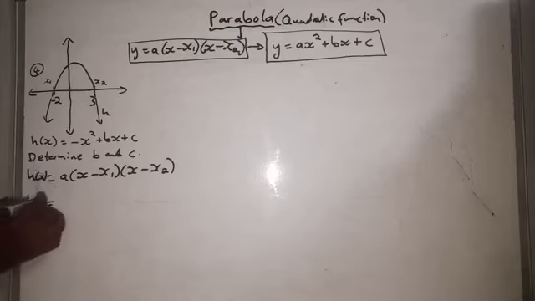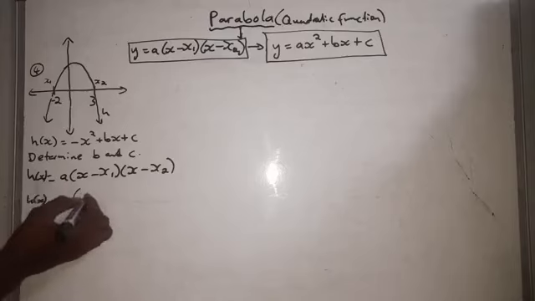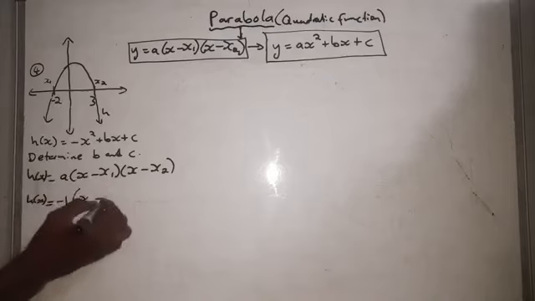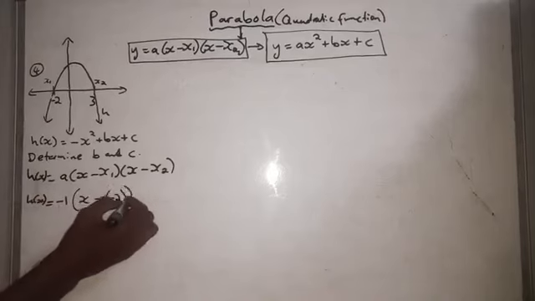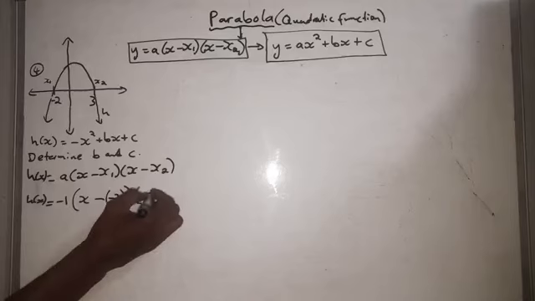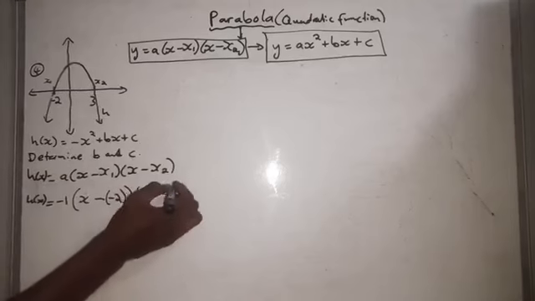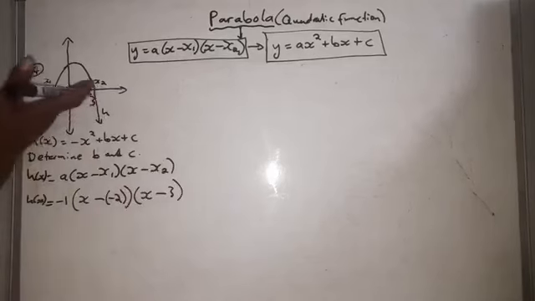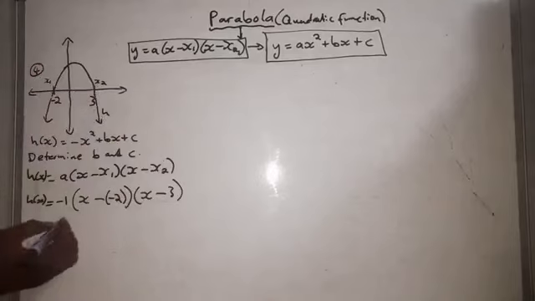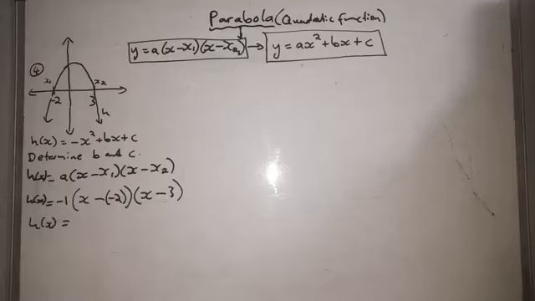h of x. In the place of a, we do have the value. It's -1. So -1 into x minus x1, which might be -2, then into x minus x2, which can be 3. Or the other way around, we may choose this one to be your x1, this one to be your x2. It's up to you. Then h of x will equal